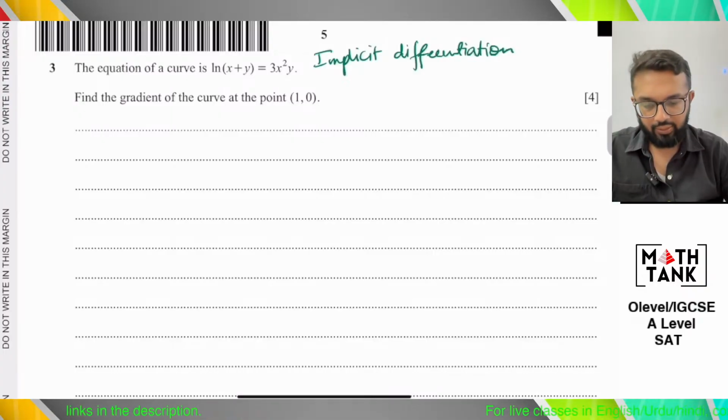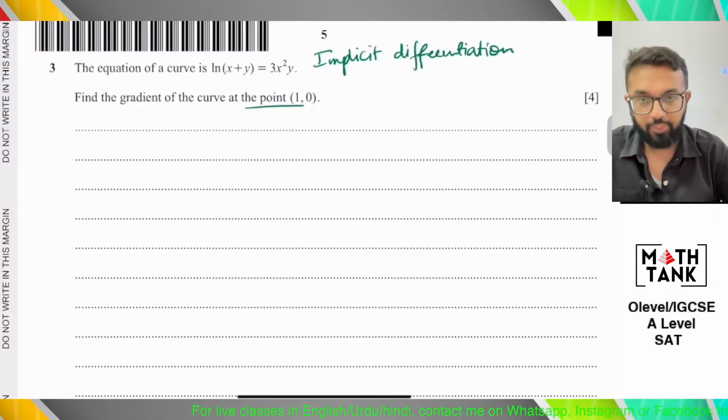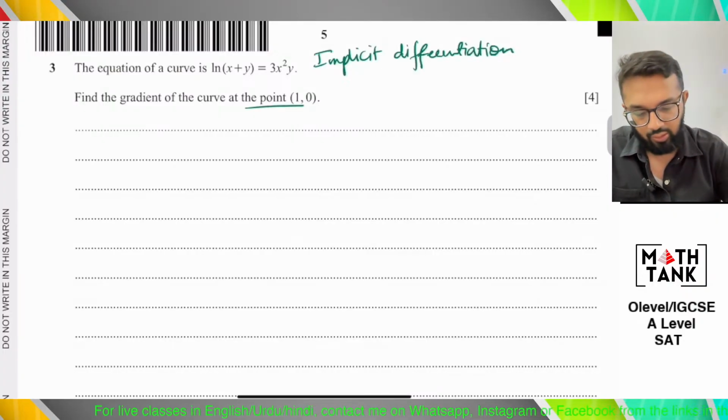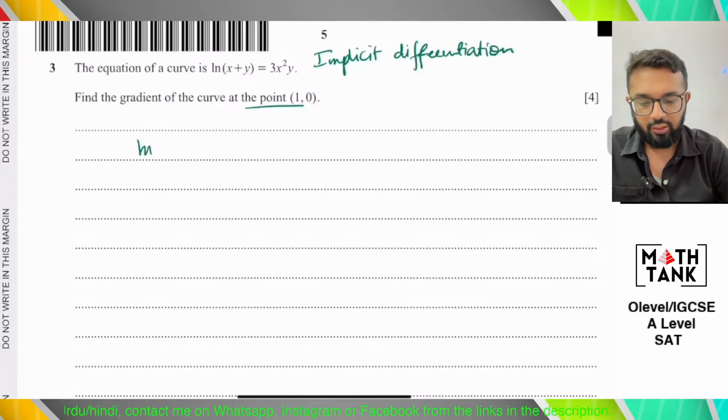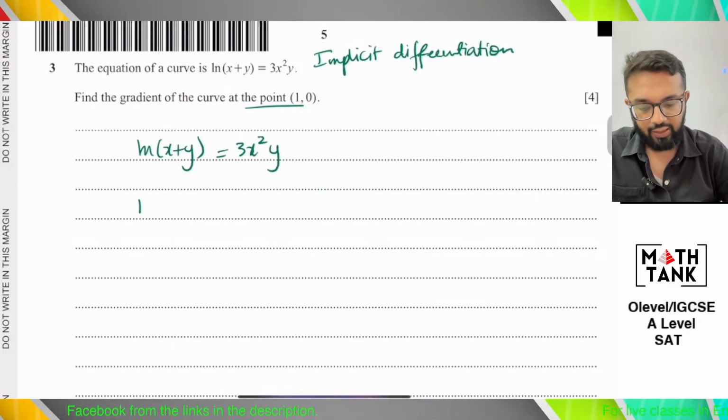This says the equation of a curve is ln x plus y equals 3x square y. Find the gradient of the curve at the point 1 comma 0. So I am going to do implicit differentiation. The first thing that I have to differentiate is the left-hand side. The left-hand side has both x and y, so this becomes 1 over x plus y